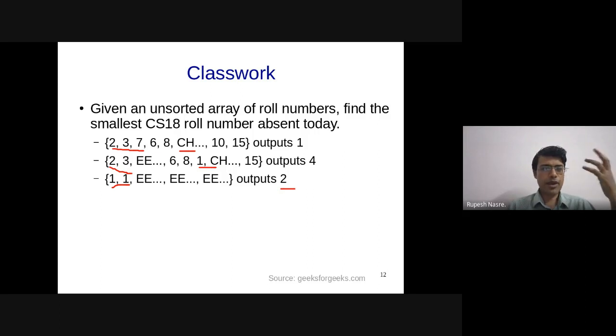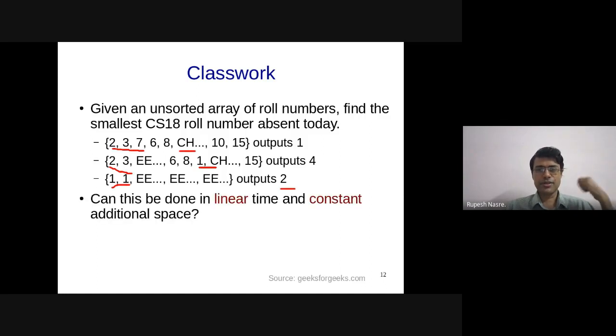Okay, so I'm happy that there was this discussion. I'm going to leave you with a question. Our space complexity is order n, time complexity is order n, with Parth's algorithm. Can you do it in constant additional space? So I'm not allowing you now to have this bit array. Can you still do it in order n time? So that is the question which I'm going to leave you with.